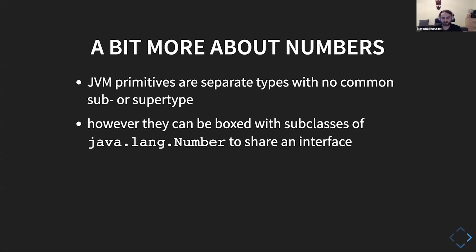basically all of the classes describing numbers have one common supertype, java.lang.Number. When we're working with Java libraries, we could see that some libraries rely exactly on it. They want us to provide anything that extends java.lang.Number, and then they will work with integers or doubles or BigInteger or anything like that. While in Scala, we basically don't have any type that extends one common interface. Well, we have the common interface AnyVal, but it doesn't provide us anything meaningful.